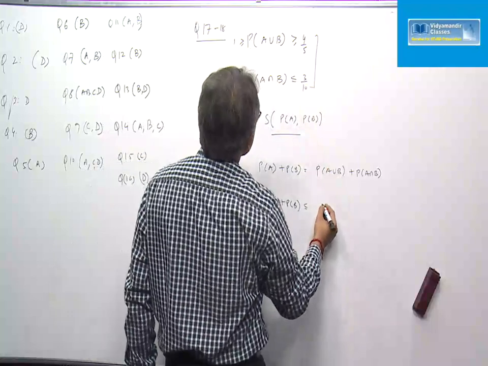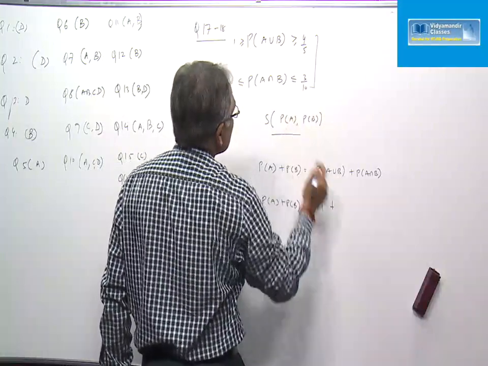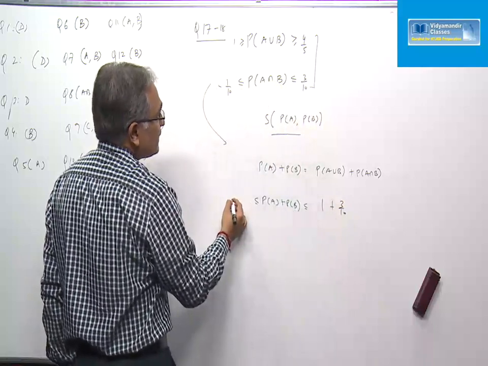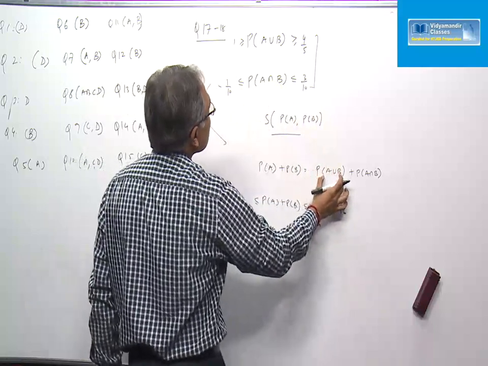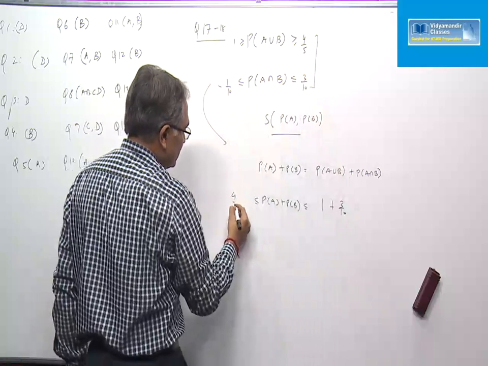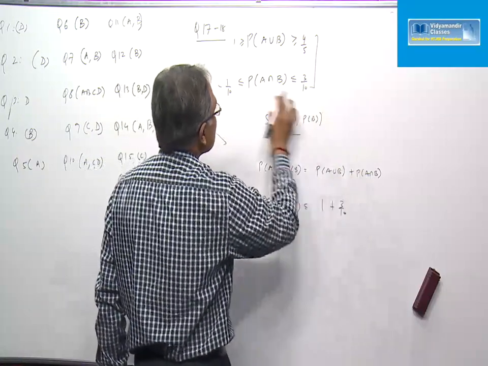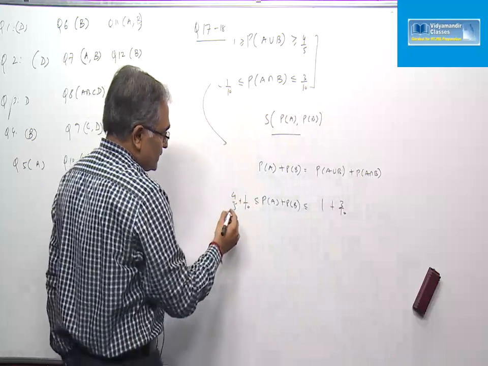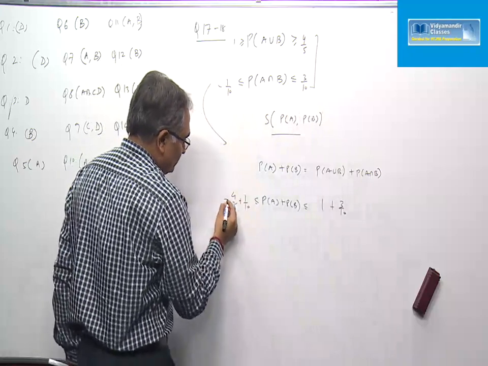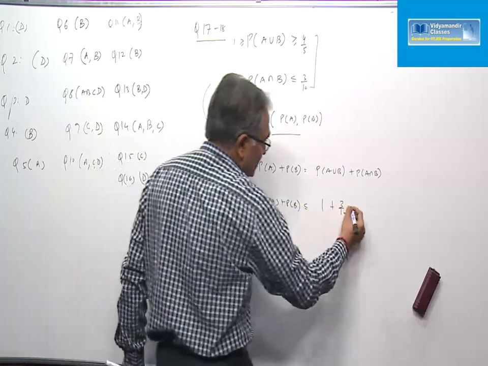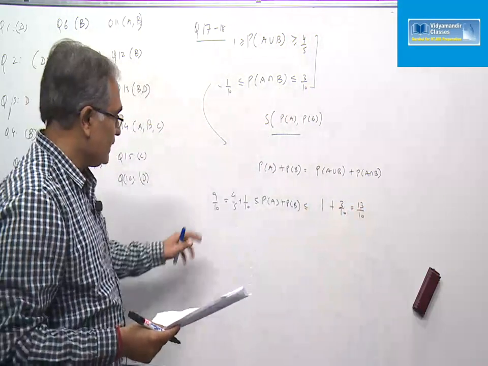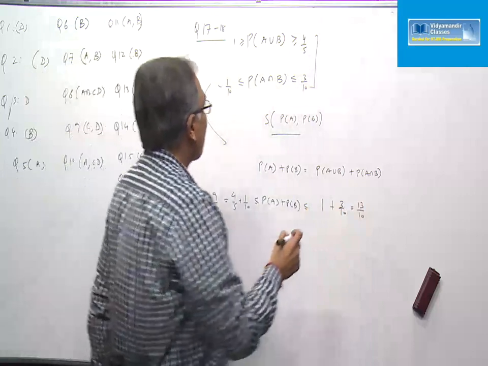Maximum is 1 plus 3 by 10, and over here it is when this is 4 by 5 and this one is least at 1 by 10, that is, it is coming out to be 8 plus 1 by 10, which is 9 by 10, and this one is 13 by 10. PA plus PB is lying in 9 by 10 to 13 by 10. Now